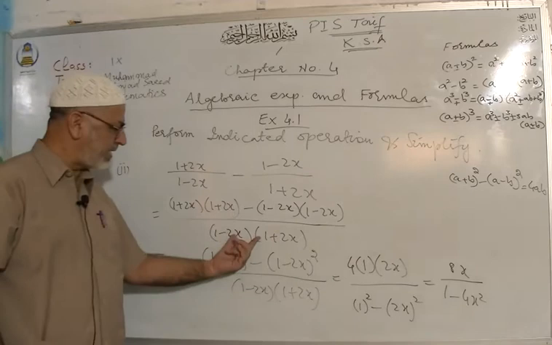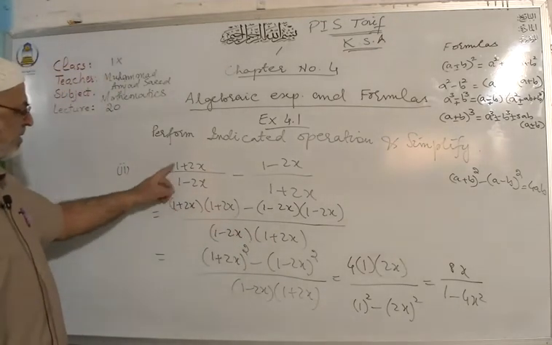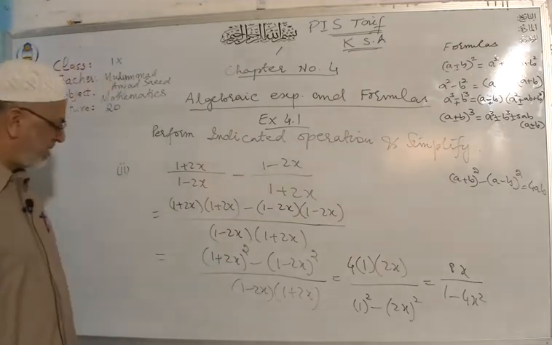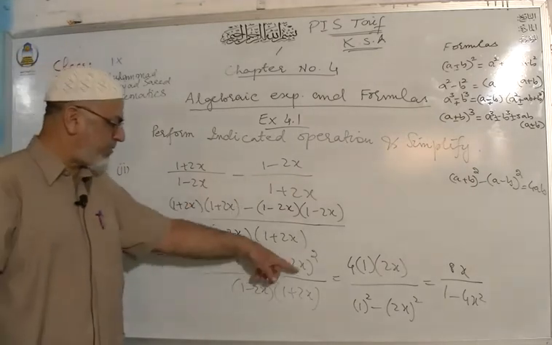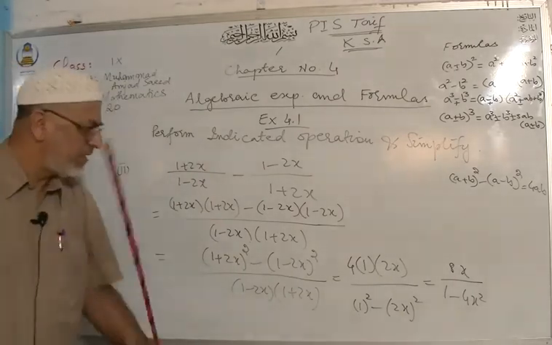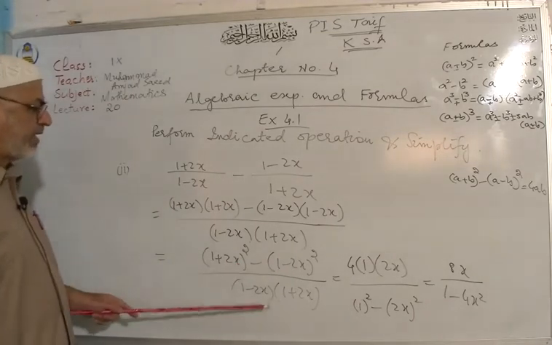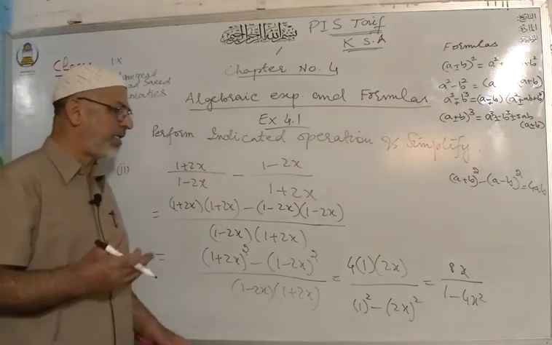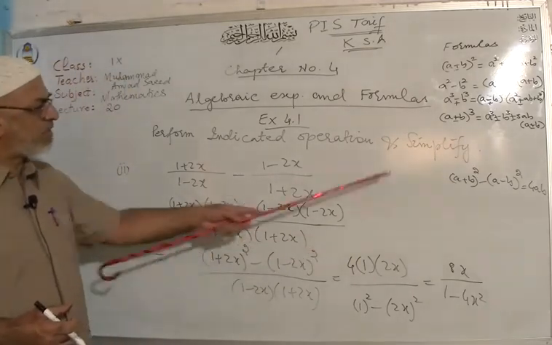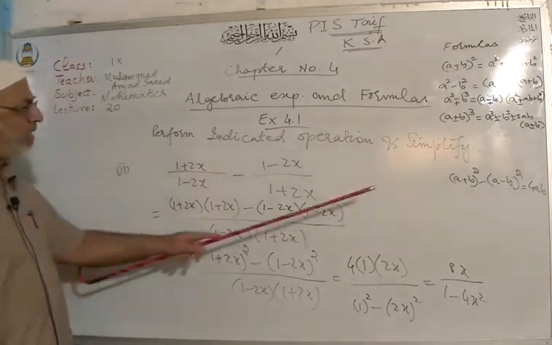First of all, you took the LCM, then we have written, after dividing this, 1 plus 2x, 1 plus 2x left. Here is 1 minus 2x, 1 minus 2x. After that, combine them with same power because bases are same, powers are added. And after that, I told you about this. Sometimes you open this formula, then multiply with the negative sign. You will sometimes make a mistake of sign. So that's why it is better to apply this formula, and you have this valid formula. So that's why we are applying this formula directly.